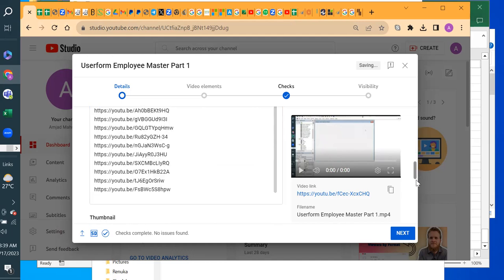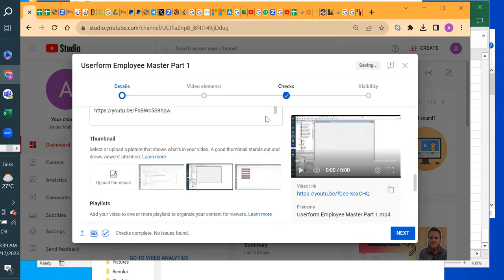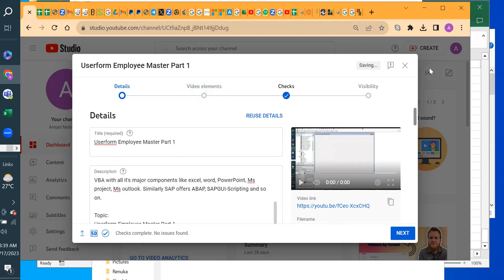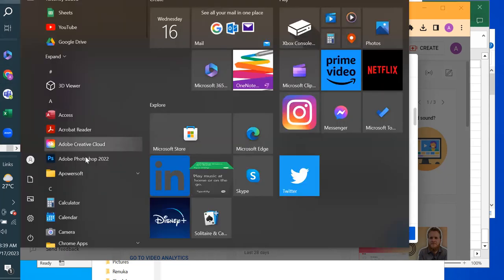Right. The next is very important. That is the thumbnail, right? So let me go to the thumbnail. Before I go to the thumbnail, I need to copy this title, which I want to be the title shown in the thumbnail. And now I'm going to go to load